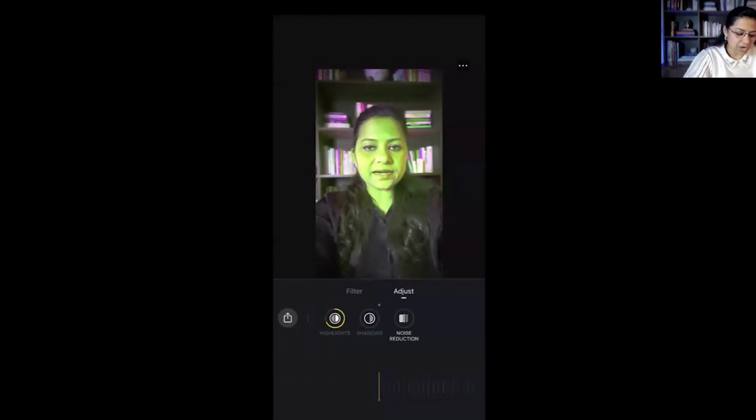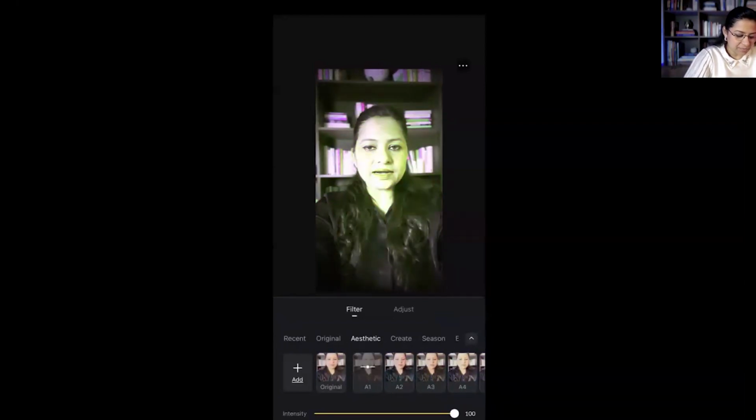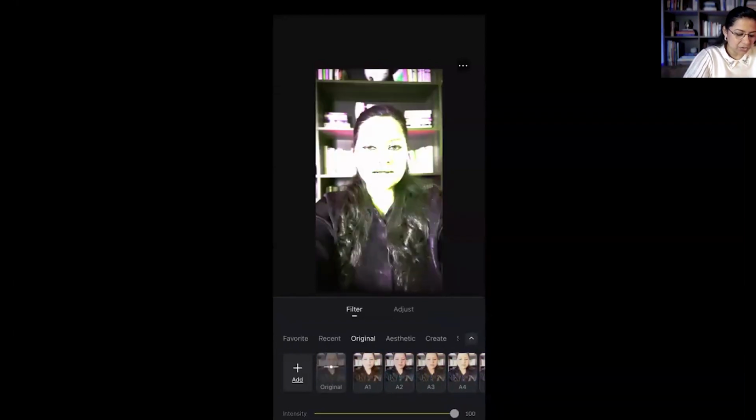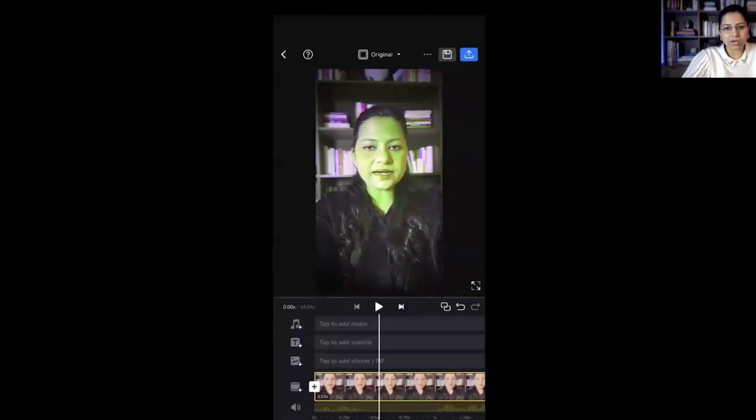And similarly, you have got noise reduction, but noise reduction is not the music noise reduction here, audio noise. This is about cleaning and smoothing a little bit. So this is how you do the entire customization of the entire process of the filter. So let me just go back to the original one, and I will get back to some kind of a filter, and here I'll apply it to all.